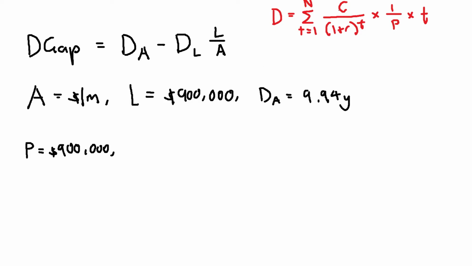We can also work out the coupon payment C, which is just the face value times coupon rate. However, the note consists of semi-annual coupon payments, so we need to divide the coupon rate by 2 when doing this calculation. So C equals face value, which is $900,000 times, and here we don't just times by 7.25%, we times by 7.25% over 2, since we're dealing with semi-annual coupon payments. And this will give you